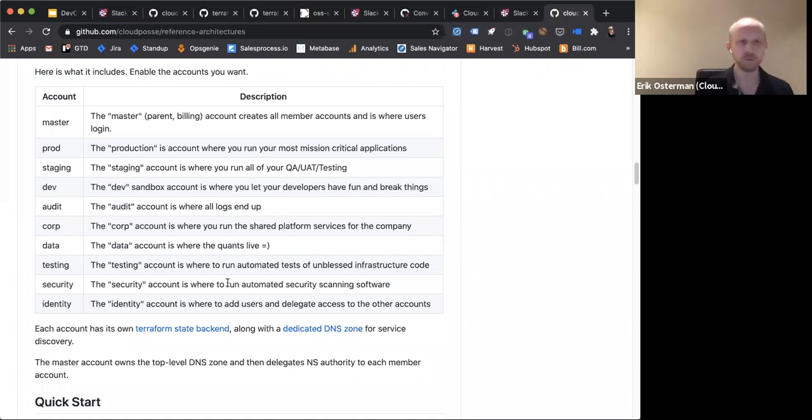There's always going to be some variance in that. And then there is AWS Control Tower, which you can use as another way of architecting your AWS accounts in what Amazon perceives to be the best practices, like what the appropriate accounts are for a well-architected infrastructure.